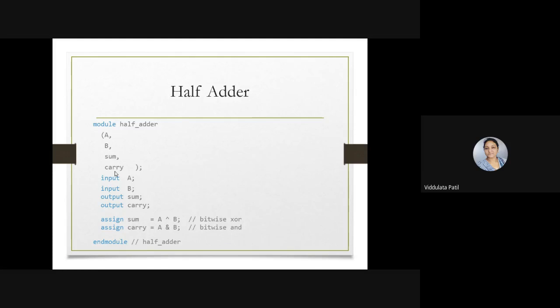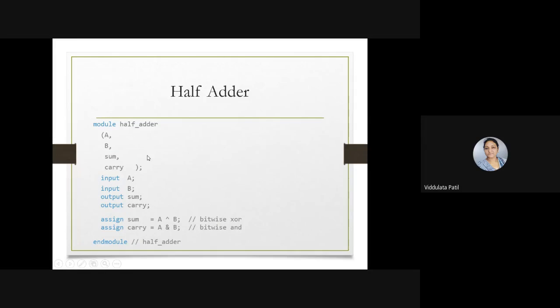त्यामुळे मग जेव्हा तुम्ही डिफाईन करताय तेव्हा शक्यतो प्रिकॉशन घ्या की तुम्ही आधी आउटपुट पोर्ट डिक्लेअर करताय आणि नंतर इनपुट पोर्ट. आता मी असंच ठेवते इथे दाखवण्यासाठी, पण you may correct this. Okay. So this sum and carry, these are the output ports, and then A and B, these are the input